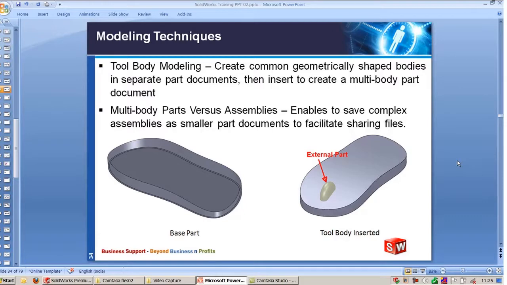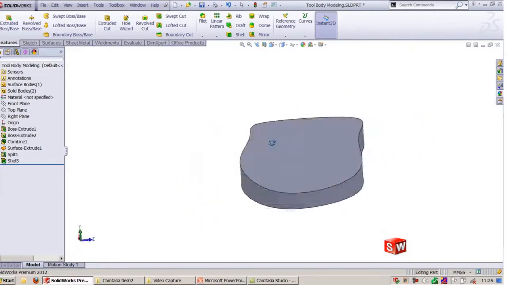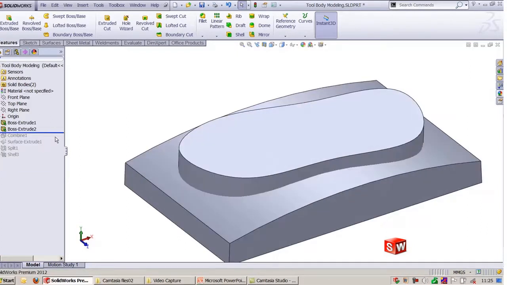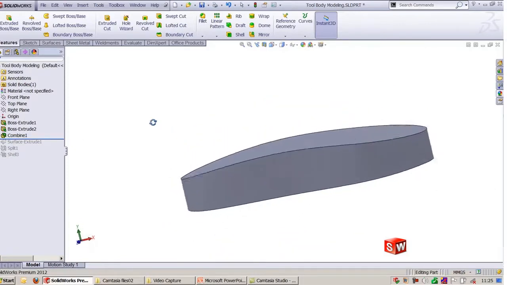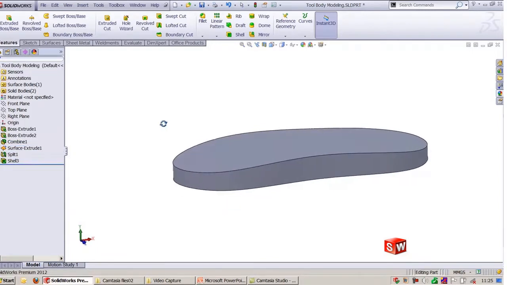Now let's see about tool body modeling. Here I will go and retrieve. We have the part over here, and this part is also exactly created using this body intersection. You can see here we are using Combine. These are the two models, and when we use Combine you can see the combination of these two, we got the geometry. And now what I will do, I will go and say